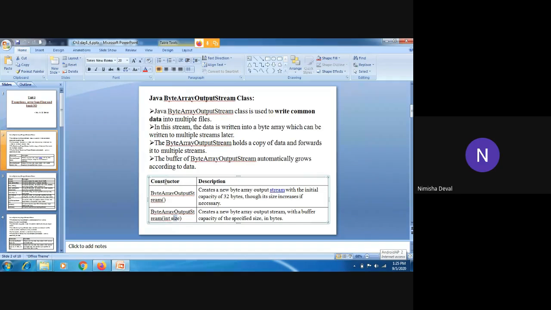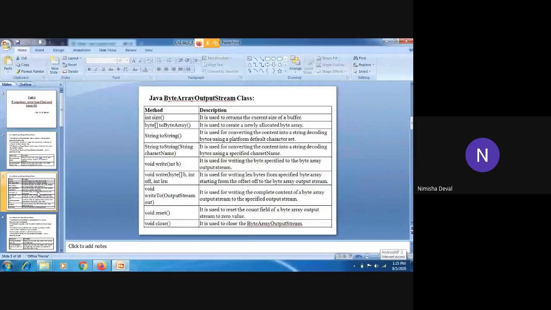Right now we have covered the constructors. Now we will move towards the methods. For the streams part, you will have some theory also. That's why we need to see it, because if you don't know which methods and constructors are there, then you cannot implement them in your programs. So now we are moving towards the methods. These are the different methods which come under the ByteArrayOutputStream class. As per your use, you can use these methods. I will explain them one by one.